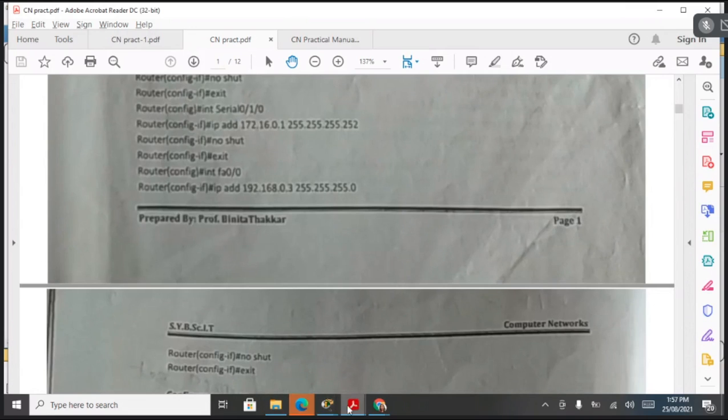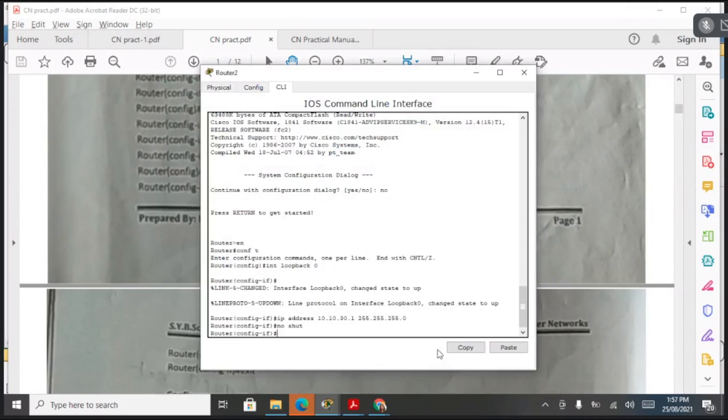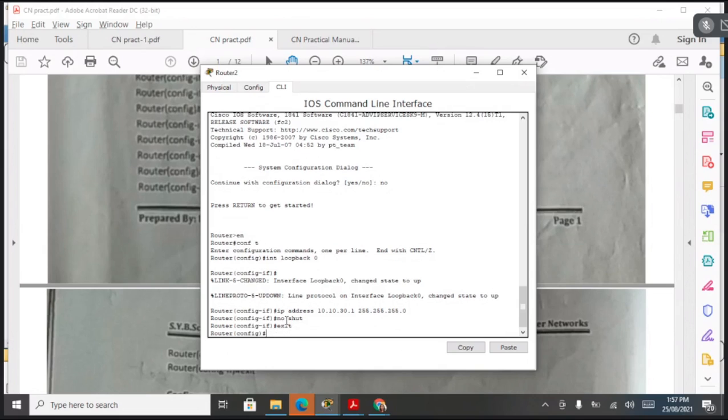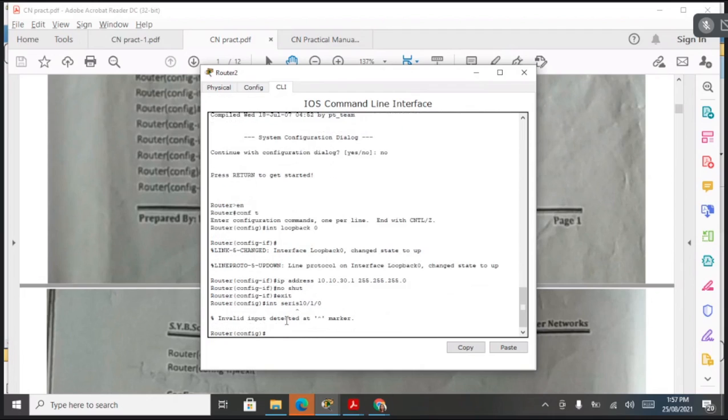सो इसको भी कॉन्फ़िगर करते हैं अभी. फर्स्ट हो गया अपना लूपबैक. नाउ नेक्स्ट इंटरफेस, सीरियल. सीरियल क्या है? 0/1/0. एंटर. आईपी एड्रेस क्या है?